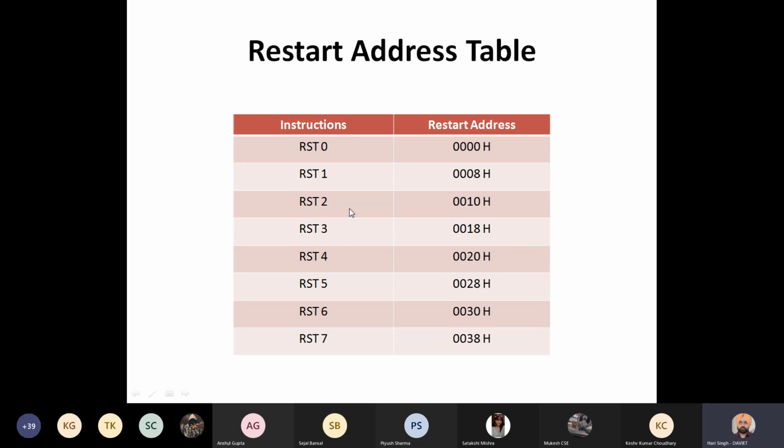So these are shortcut instructions having fixed target addresses. RSTs 0, 1, 2, 3, 4 and up to 7. So these can also be called with the help of hardware interrupts. So that is a different topic. But since we are discussing instruction set, we have to consider RSTs from instructions point of view.